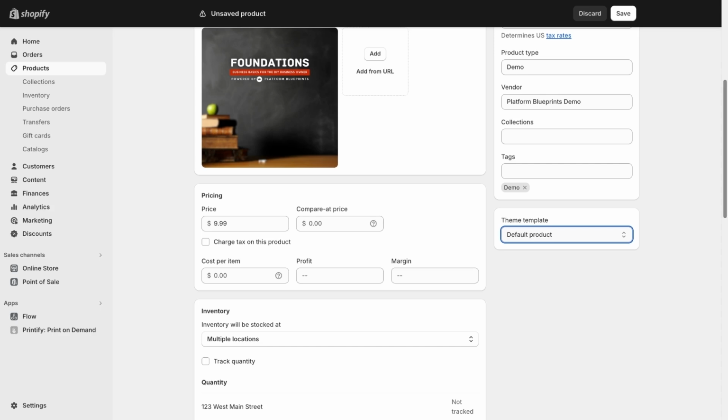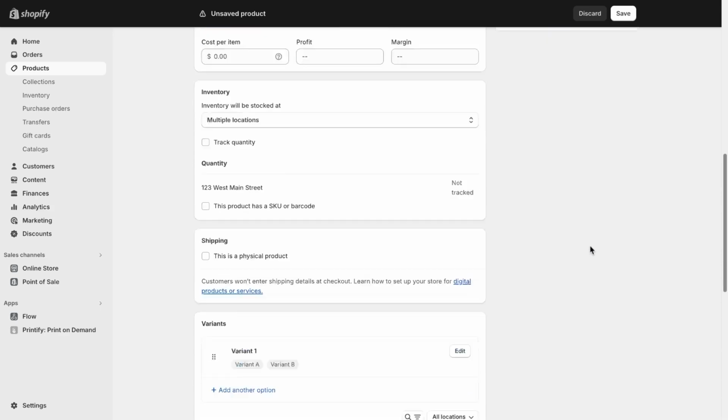This is useful if you have a unique product offer that has more of a funnel type of presentation and positioning to your customer, and a URL that you are sending customers to in a targeted way to convert specifically on that product, as opposed to listing this product as part of a larger catalog and part of a larger collection that customers will navigate to based off of their customer search. So because we have no other theme templates, the only thing that will populate is the default product option, which we'll leave selected. And from here, we'll go back and review everything that we have in our store from the bottom